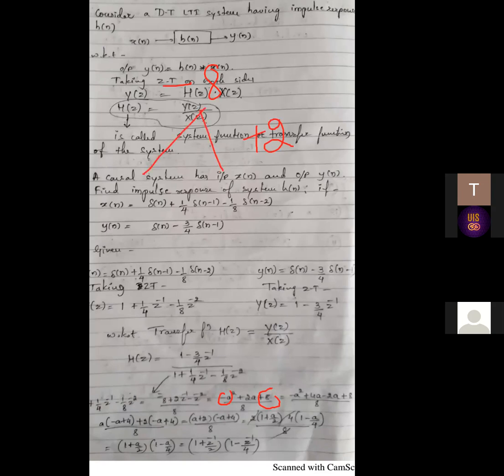4 to the 8. Okay, multiplication is done. 4 to the 8, but we should have a negative multiplication. But if you add those two numbers, you should get plus. So what I'll do, I'll take plus 4 and minus 2. So 4 to the 8 and minus 8 I'll get. If I just add them, plus 4 and minus 2, I'll get plus 2. So 4 to the 8 plus 4a and minus 2a plus 8, divided by 8.